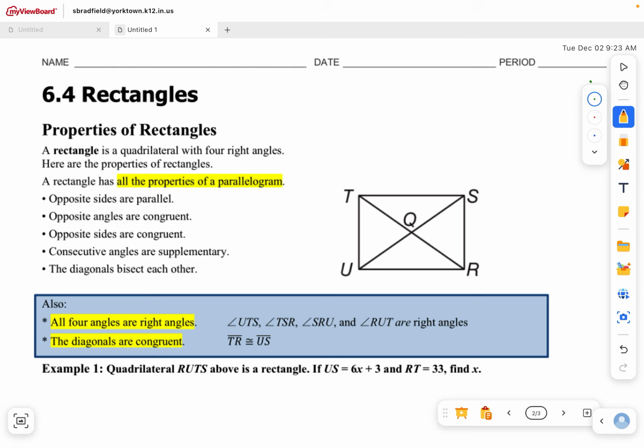Yesterday we talked about rectangles being a quadrilateral with 4 right angles and having all the properties of a parallelogram. So technically it's a parallelogram with 4 right angles. And so we have all of the properties of a parallelogram. Opposite sides are parallel, opposite angles are congruent, opposite sides are congruent, consecutive angles are supplementary, and the diagonals bisect each other. Then we added, because this is a rectangle, that all 4 angles are right angles,